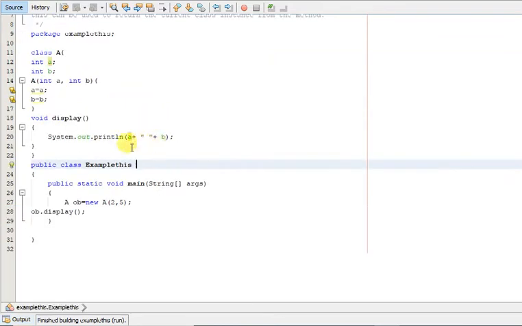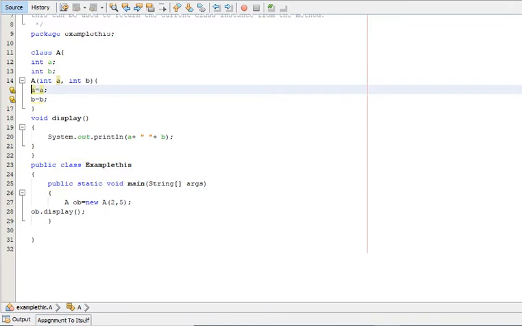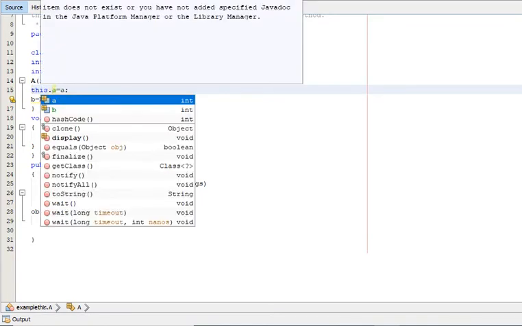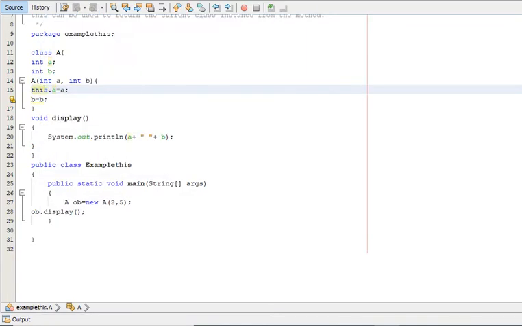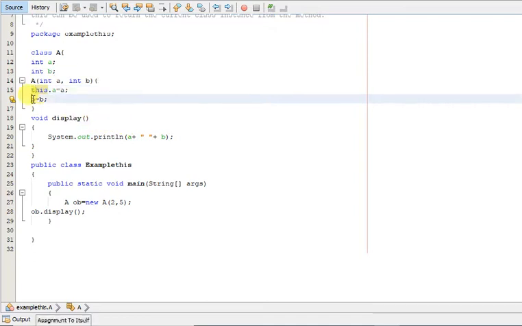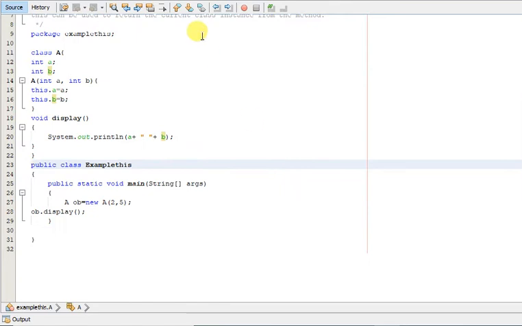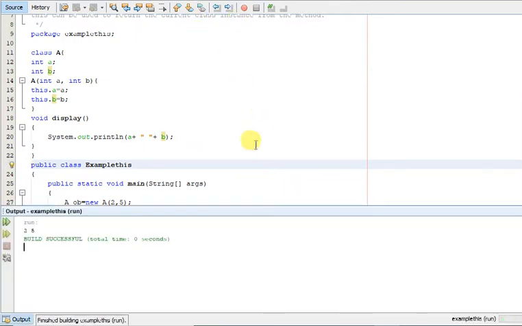Right? So if we use this dot A and this dot B, then it will give the right output, 2 and 5.